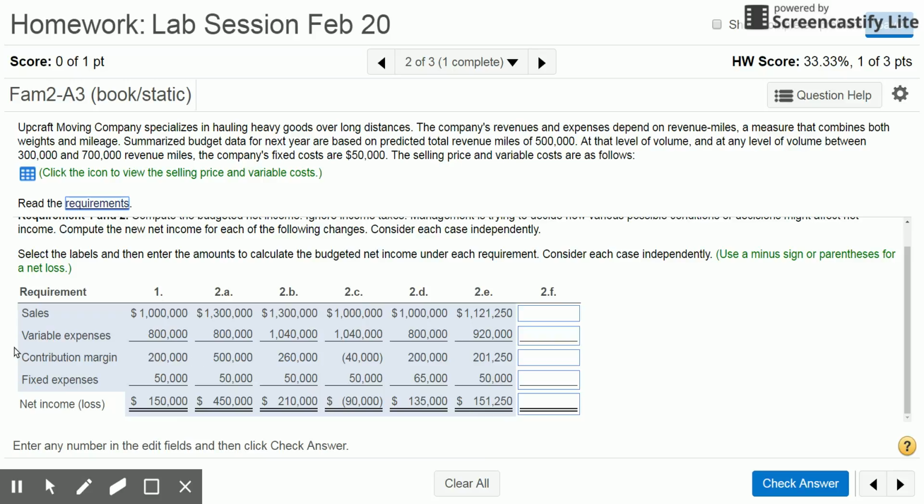So it brings our price to $2.01, but a decrease of 30% gives us 350,000 miles. Calculating all of the numbers using 350,000 miles, 350,000 multiplied by $2.01 gives us